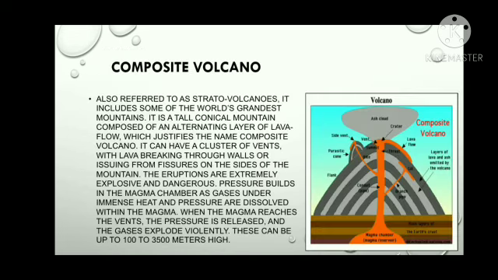So we have the second type of volcano. We have the composite volcano. It is also referred to as stratovolcanoes, and it